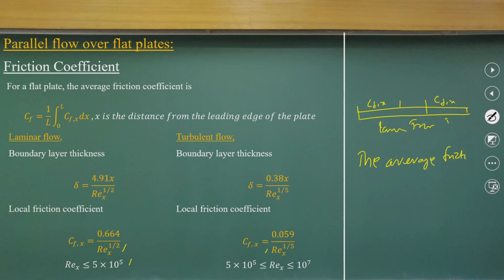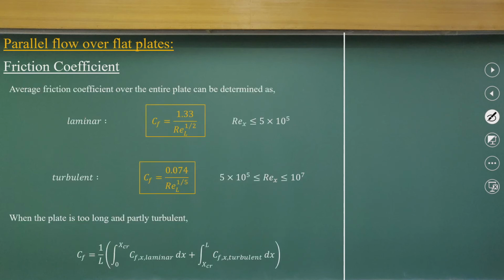the total average friction coefficient, then you can have Cf average as 1 by L, just integrate Cfx dx. So, you are just integrating the Cf dx values from 0 to L, and that is what will give you the average friction coefficient. So, that way you can always do the integrations for the laminar regions,